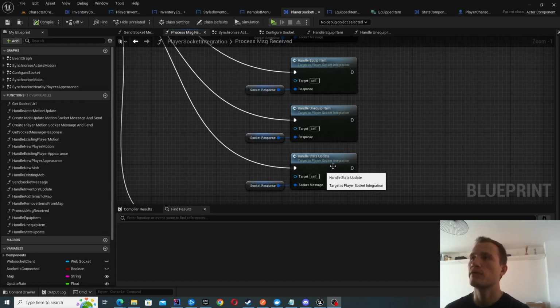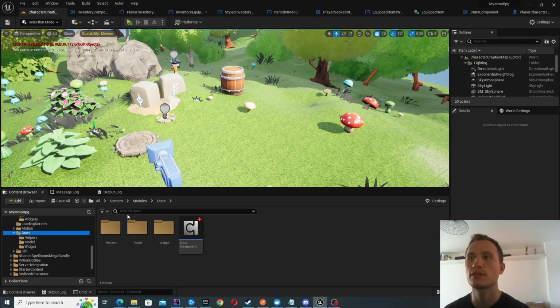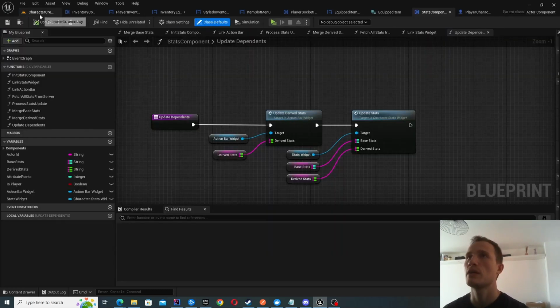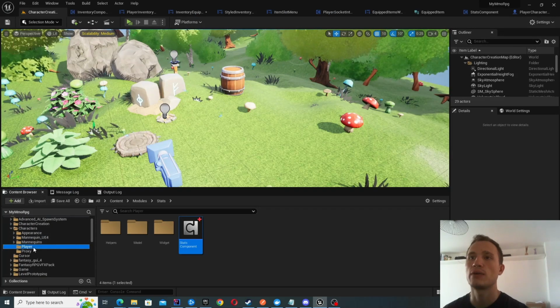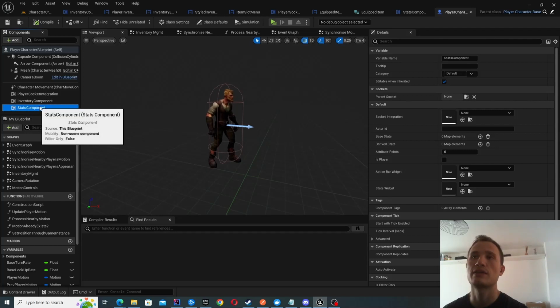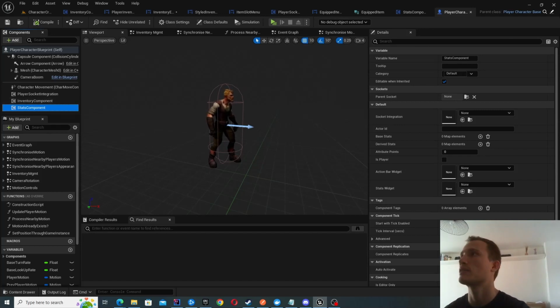So before we dive into the handle stats update, perhaps I'll just quickly introduce the stats component that we've created. In a very similar way to the inventory, we've created a new component to handle stats related things, and we're going to be assigning it to our player. So basically the player character is now going to have this stats component as well as the inventory one, right? So we'll also initialize it in a similar fashion. So when we've set up the WebSocket, we'll go ahead and ask to fetch the stats. We'll also assign it to the